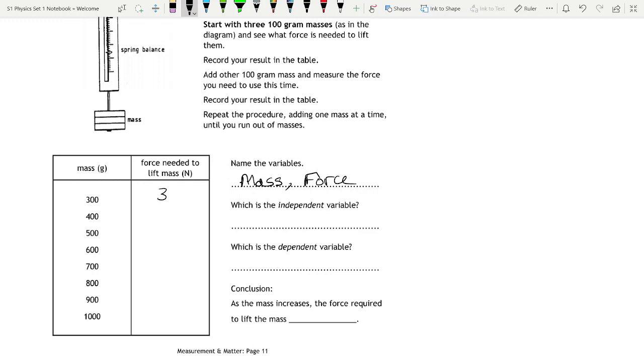So the independent variable is the thing that you are changing. So you're changing the mass. Yeah, I heard somebody say it, mass. So that means the dependent variable is the thing that you're measuring because you've changed something else. So that must be force. So I'll let you do the experiment, then I'll let you fill in the conclusion yourself because you should come to a conclusion. Okay? So you've got a spring balance on your desk. You just need the